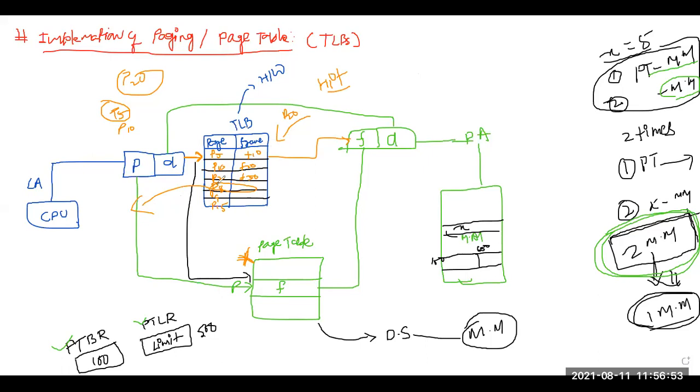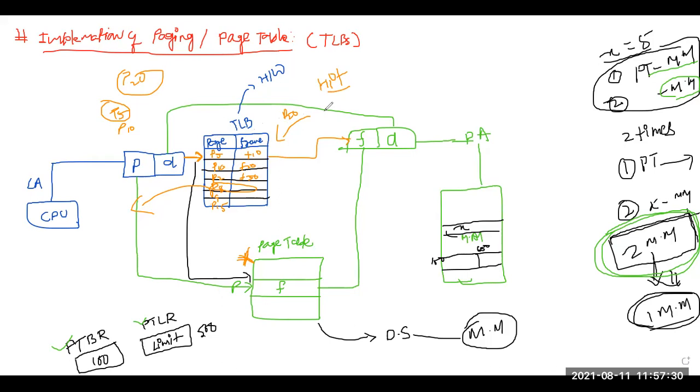But the important problem is, out of all these pages, which page should be replaced during the context switch. There are a number of algorithms for that, called page replacement algorithms, which we will study later on. For the time being, if the TLB is full and someone wants to bring in a new page, you have to perform a context switch. That means you have to remove a page and replace it.